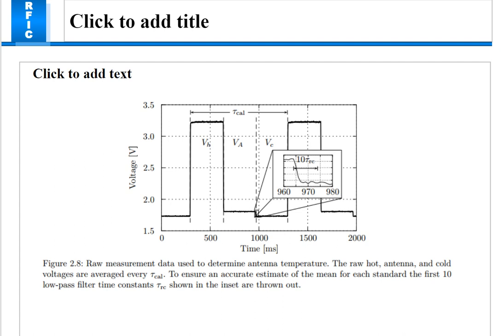This is the raw measurement data used to determine antenna, and the raw hot and cold voltages are averaged every temperature scale to ensure an accurate estimate of the mean of each standard. For the first 10 low pass filter time constants shown in the inset, the data are thrown out. And in this I have also summarized that